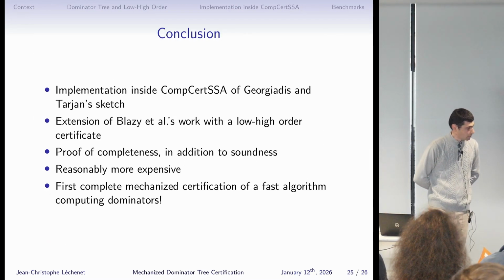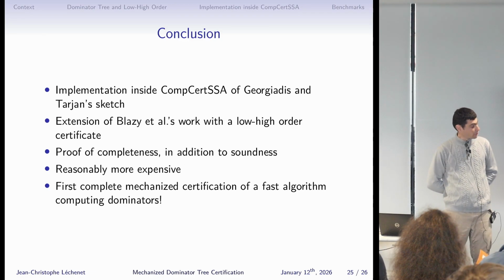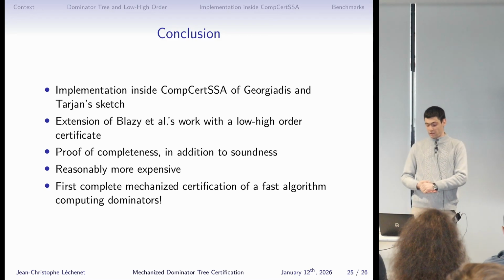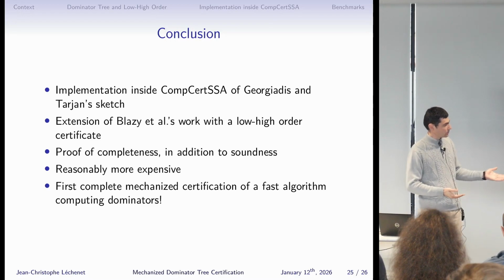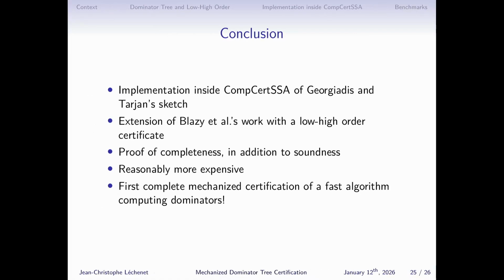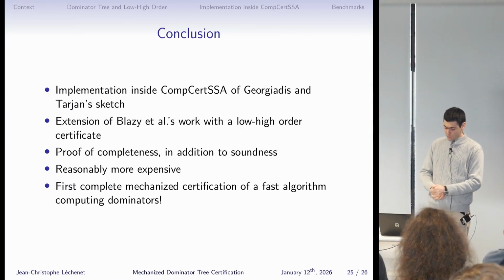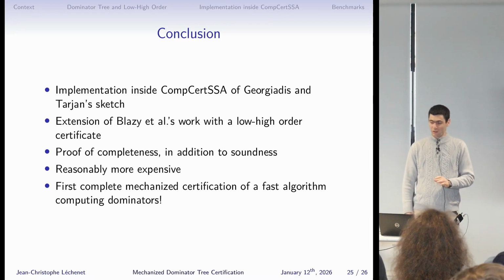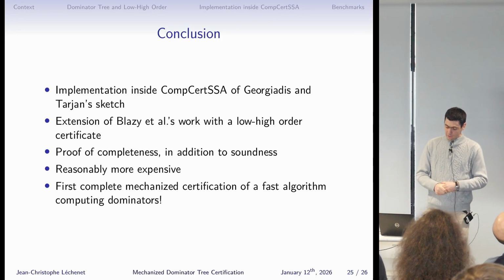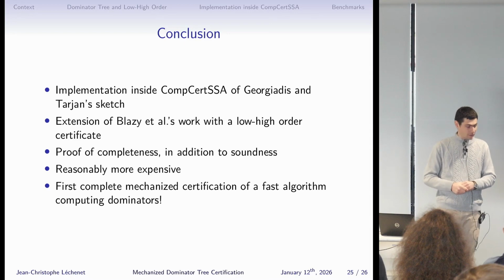Okay, so to conclude, we implemented Georgiadis and Tarjan's sketch inside Concert SSA, by extending the previous implementation due to Balzi et al. And using this notion of low-high order certificate, we now have a dominance test that is sound and complete. I put that it's reasonably more expensive. I don't know if it is really reasonable, but actually it's the first complete mechanized certification of a fast